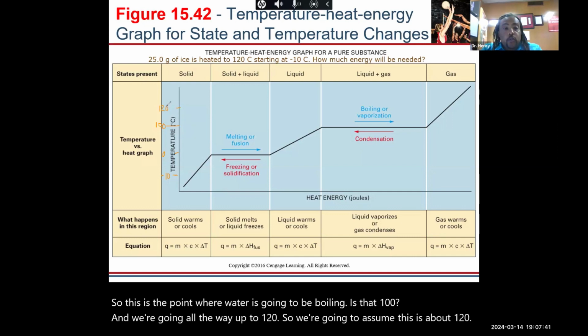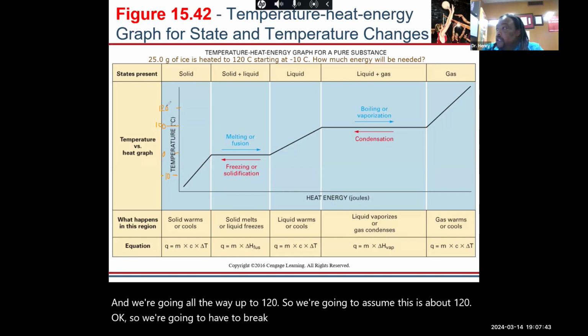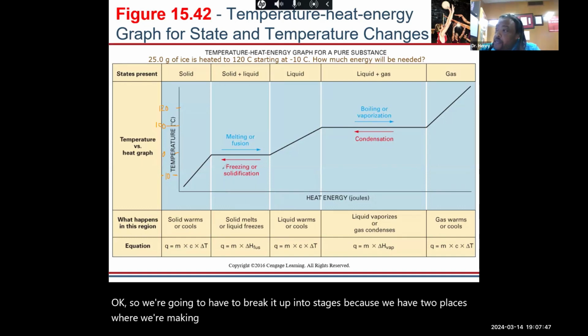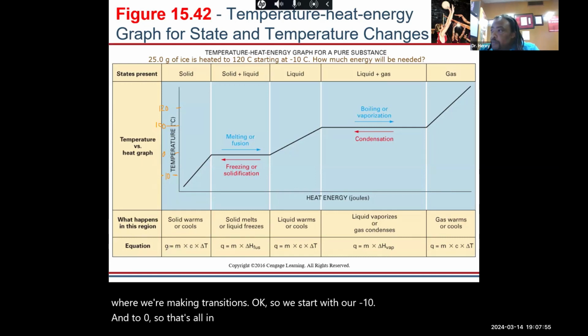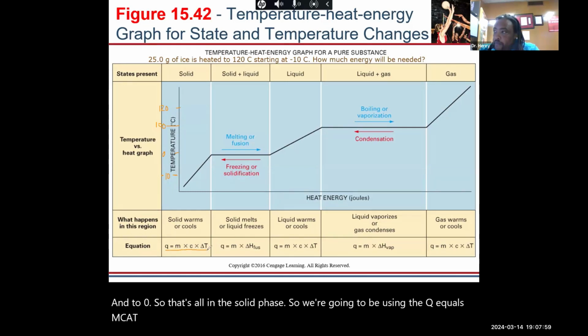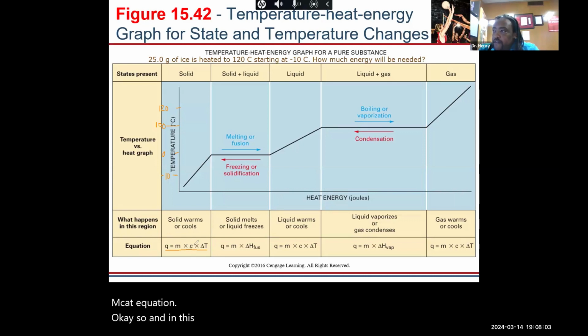Okay. So we're going to have to break it up into stages because we have 2 places where we're making transitions. Okay. So we start with our minus 10 and go to 0. So that's all in the solid phase. So we're going to be using the Q equals MCAT equation. Okay. So, and in this case, we're going to be using the C for